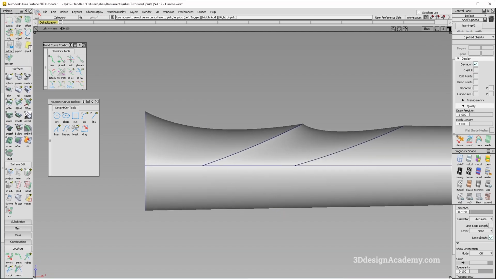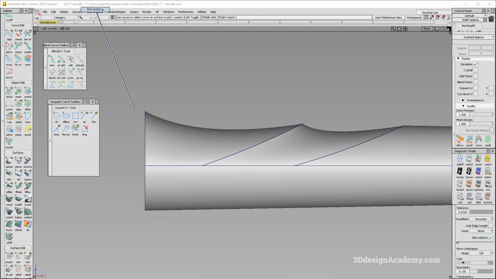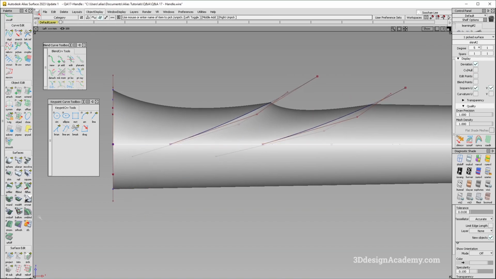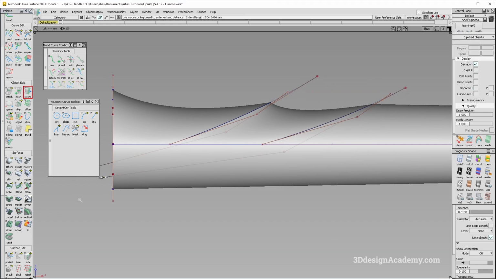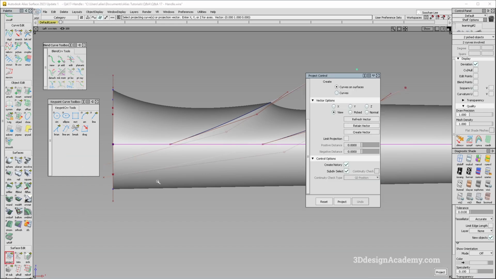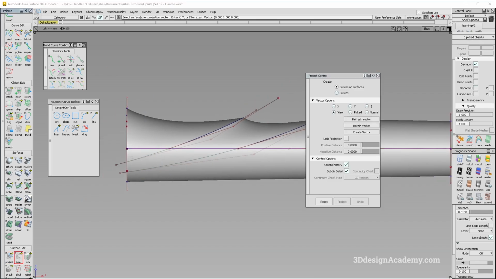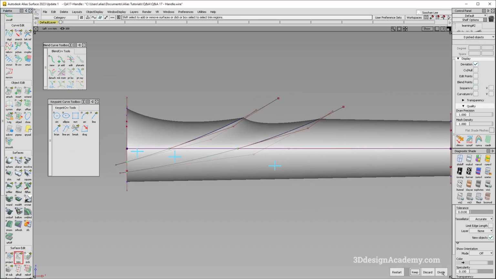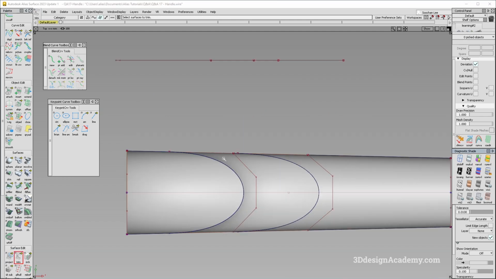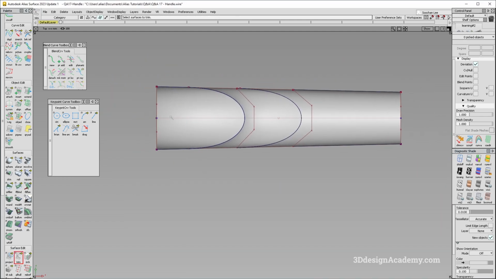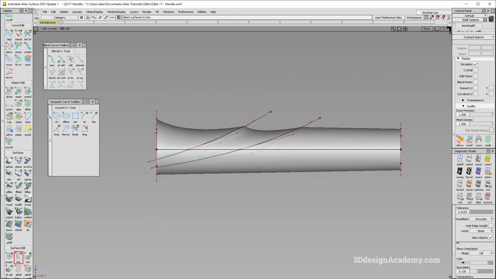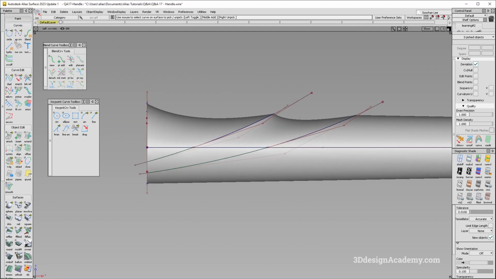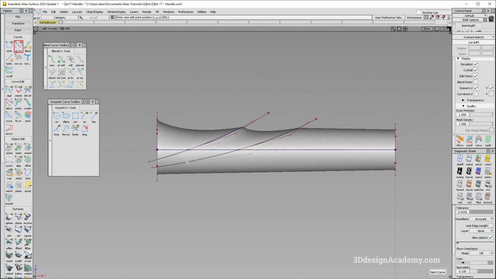Okay, so I do need to, however, project this one to cut it off. So I do need that back. Let's go ahead and extend this one over here and that one over here, and let's just project like this. And I'm going to trim divide all of these surfaces over here like that. Because I don't want to do double work, I'm going to split this a little bit later. Now let's create a curve, grid snap it like this,